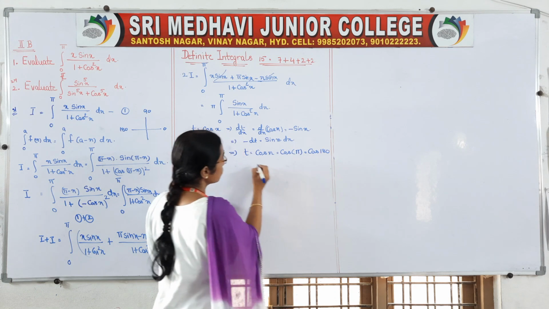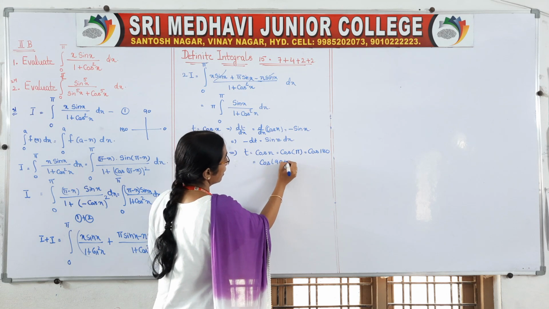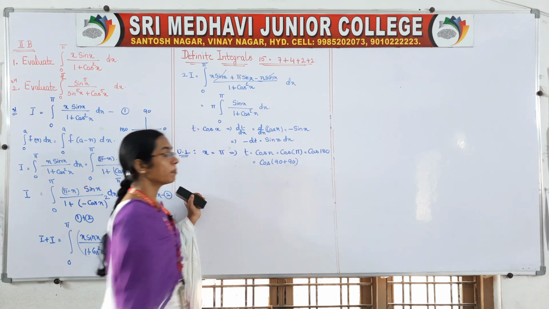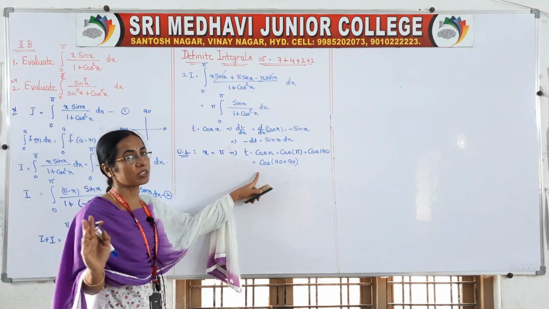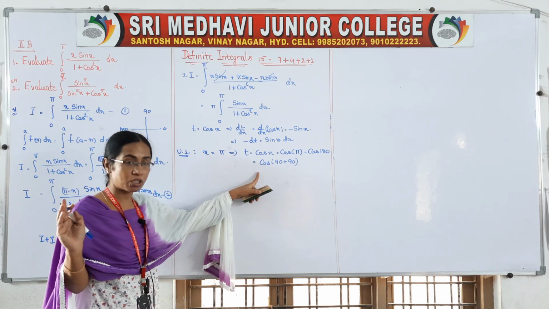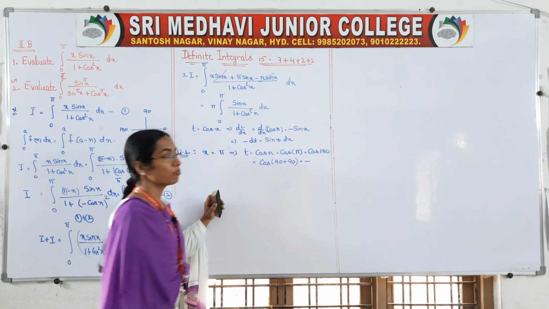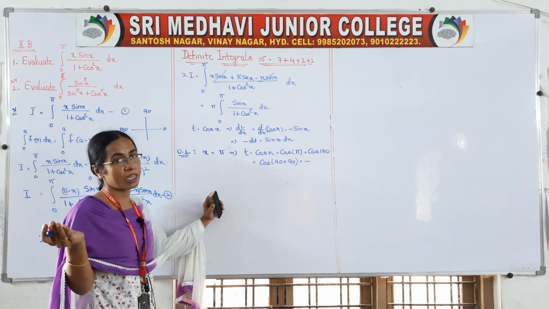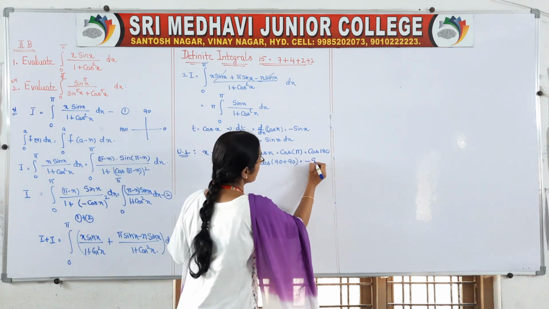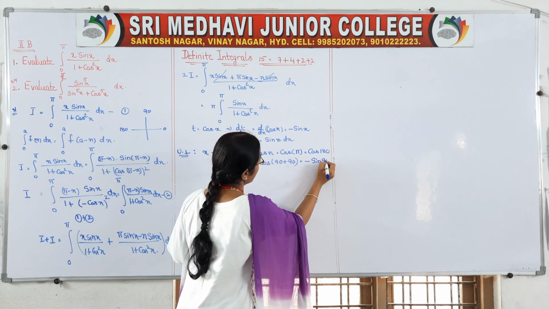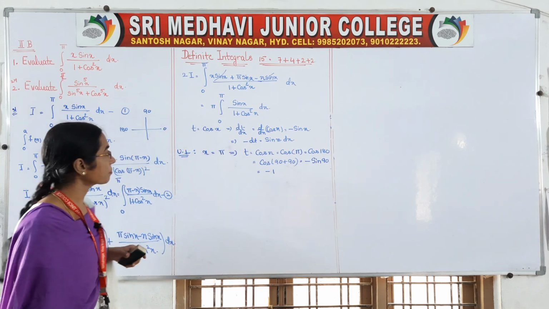How can we write the 180 value? Cos of 90 plus 90. 90 plus 90 is the second quadrant. In the second quadrant, sine and cosec are positive, and the remaining ratios are negative, so you will get minus. And for 90 plus 90, the ratio changes, so cos changes to sine. So it is sine 90, which is equal to minus 1.